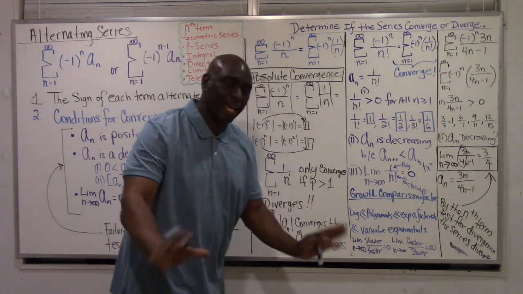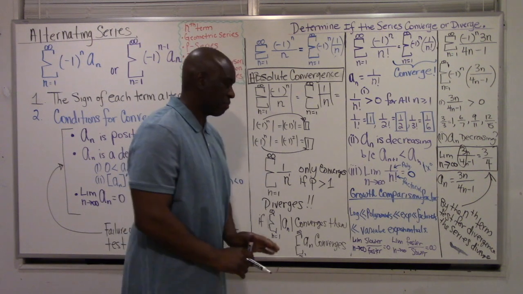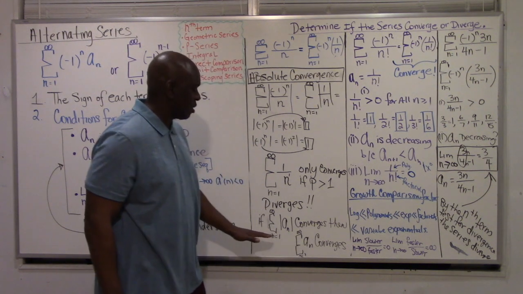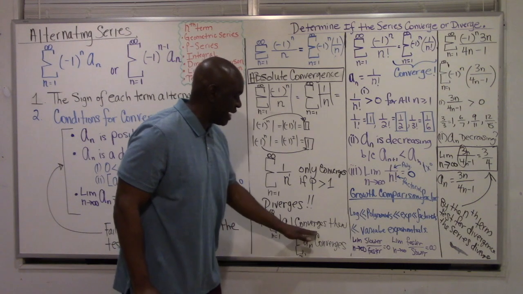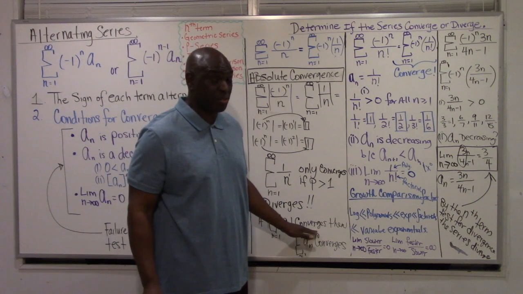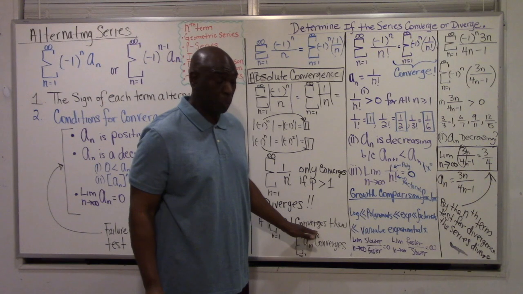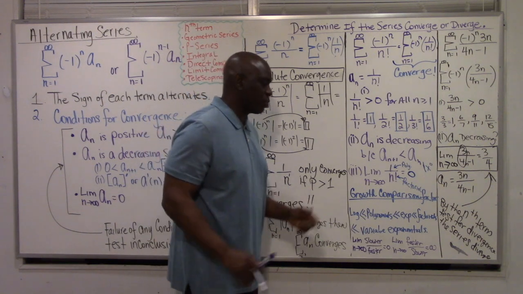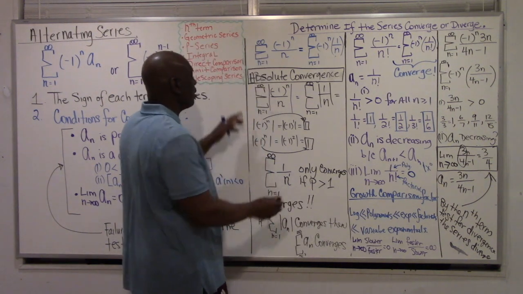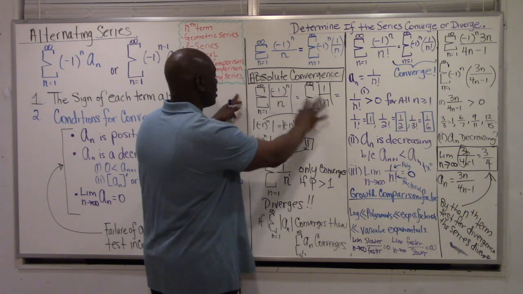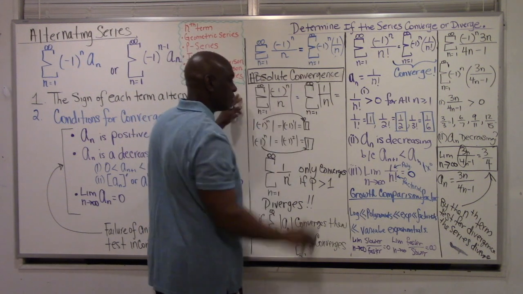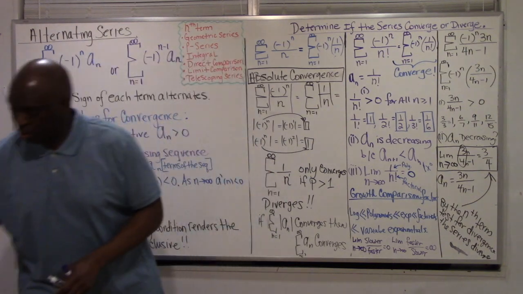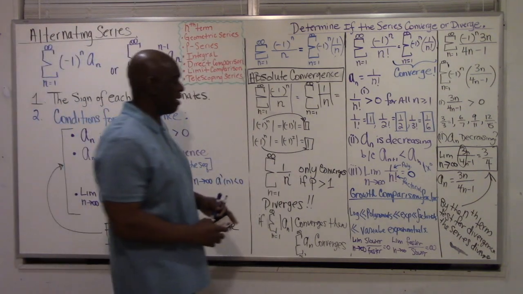That's all it tells us. If the series of absolute values diverges, this test tells us nothing. We don't know. So here's what we do know. This series does not absolutely converge. It does not. Therefore, what we have is